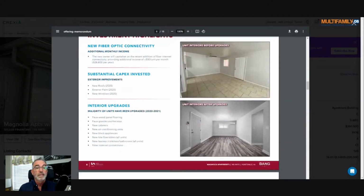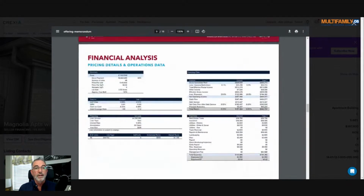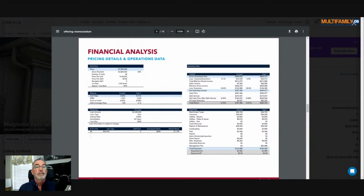Let me see if I can find it, and then we can get down here. See if you can see this. We did that. Okay, the cap rates, GRM, cash on cash, still crappy. He's got the debt coverage ratio at 1.85. I figured it out at 1.645, and then when I changed it to 20% down, it was 1.09. But look at this guy. Look at what his expenses are. He's got nothing under there for property management fee. He's paying somebody